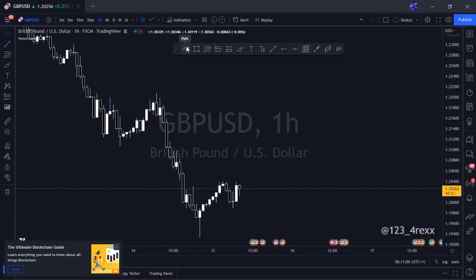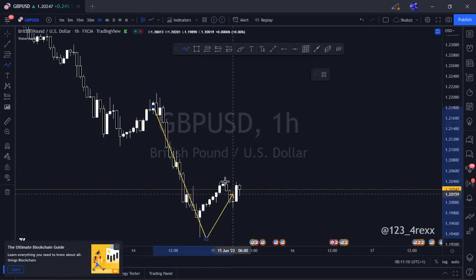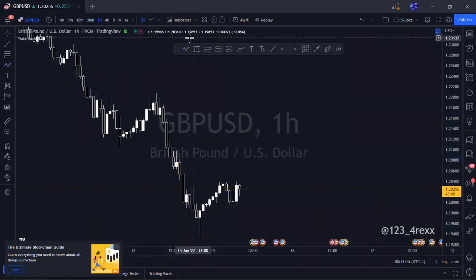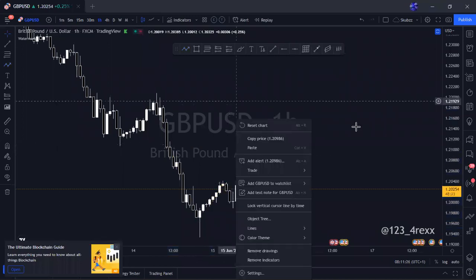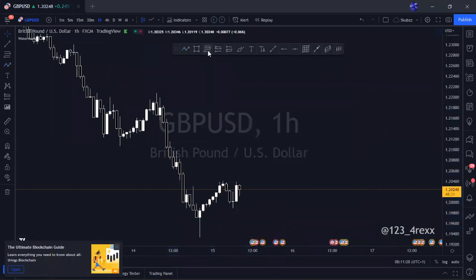So that being said, let's take a look at where we broke structure, we retraced a bit, and then now we're reacting. We pushed down, and then now we're pushing up. Honestly, I am going to open my mind to any scenario for GBPUSD. Oh God, what's happening? Okay, so now my feed. First of all, I'll drop my feed.